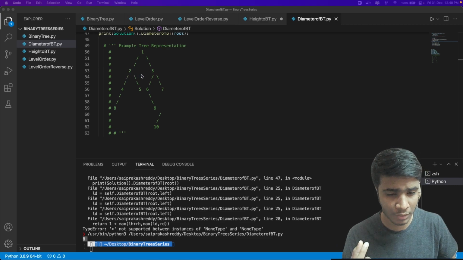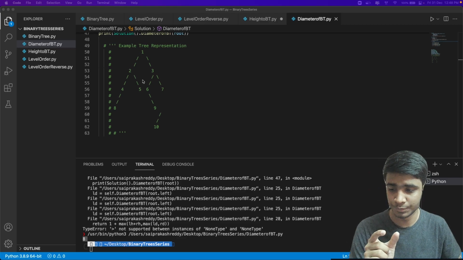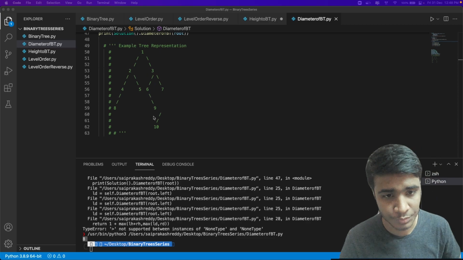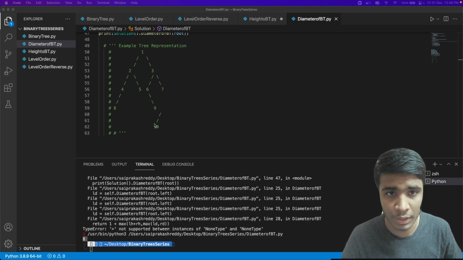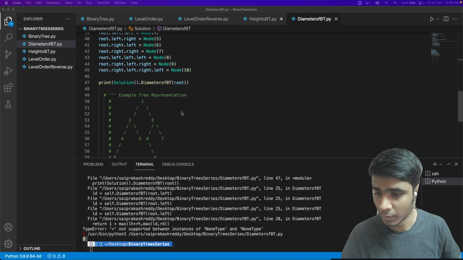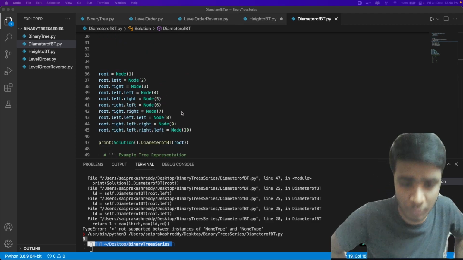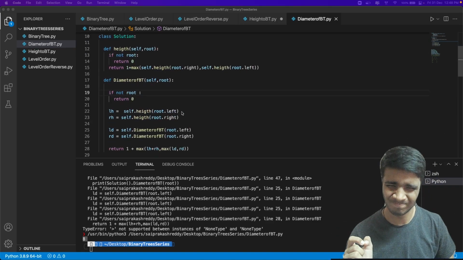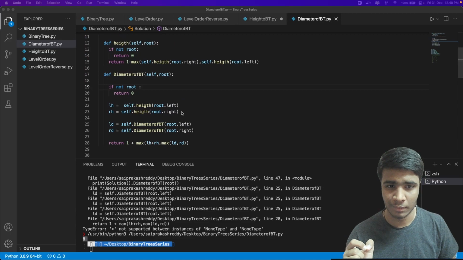So if you submit solutions on LeetCode, you can see some of the cases where the root is not passing through there. So that's how we solve this problem, and I hope you like the explanation. Go through it and understand it perfectly, and we'll see you in the next problem.